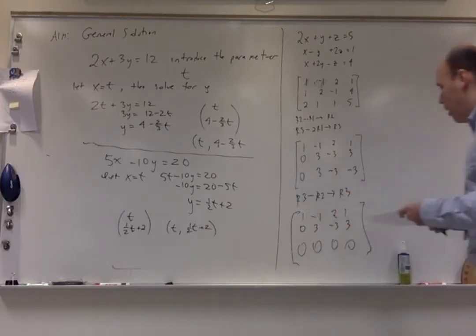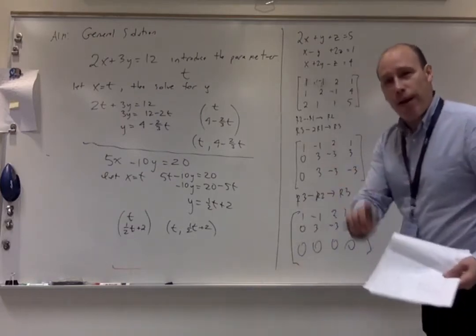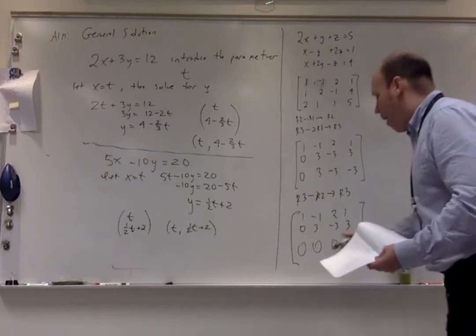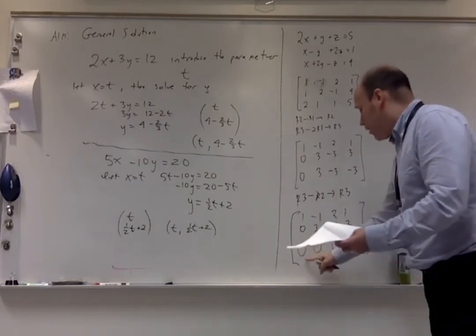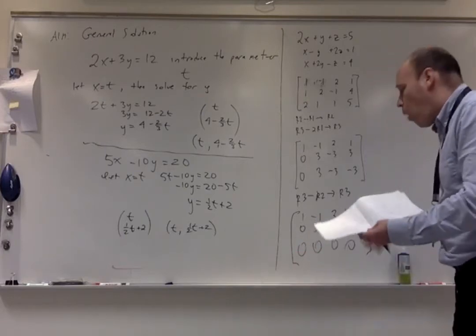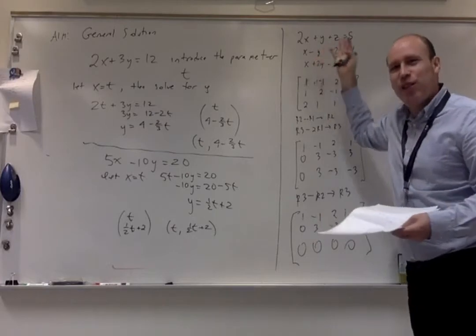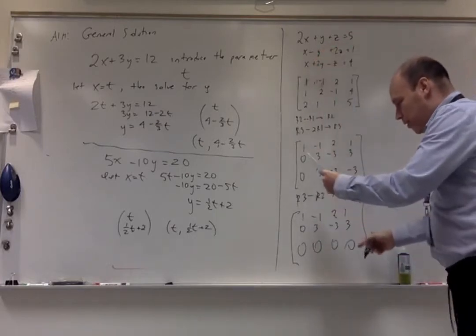So what's going on here? Actually, well, 0, 0, 0, I'm going to make another change. I'm going to do, oh yeah, so I get 0, 0, 0. What's going on here? How am I going to solve it? Well, what we have here is there's an infinite number of solutions. So because of 0, 0, 0,